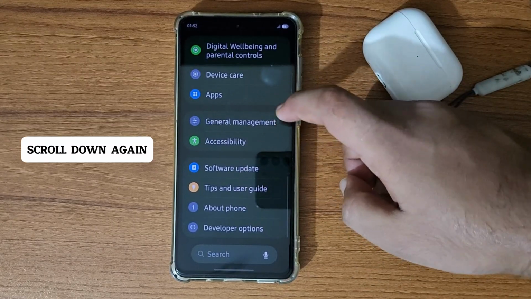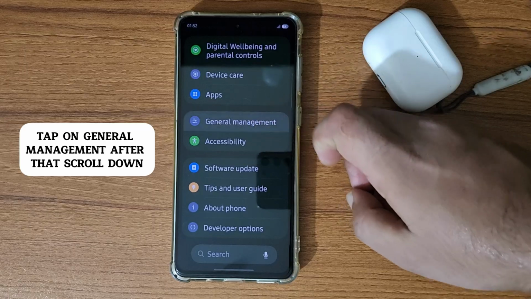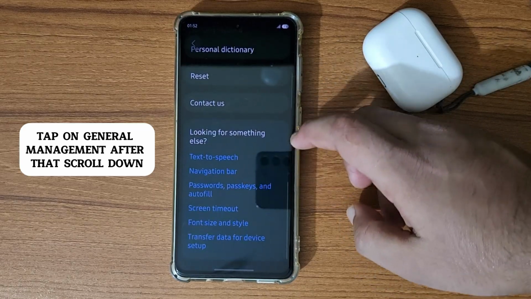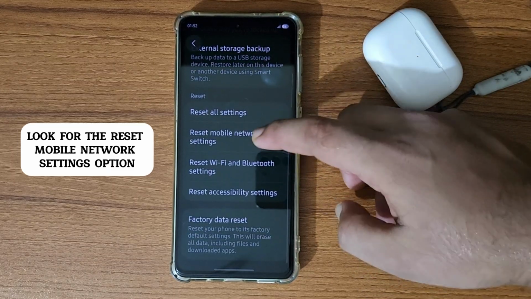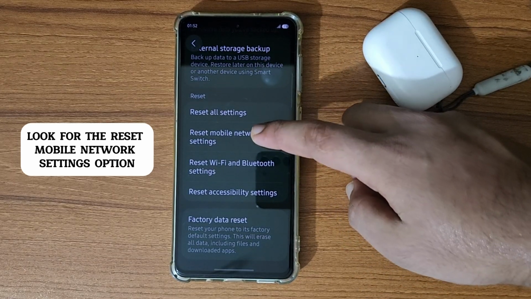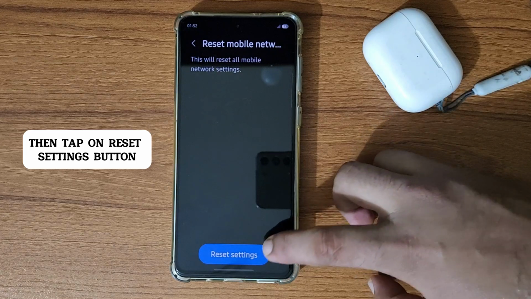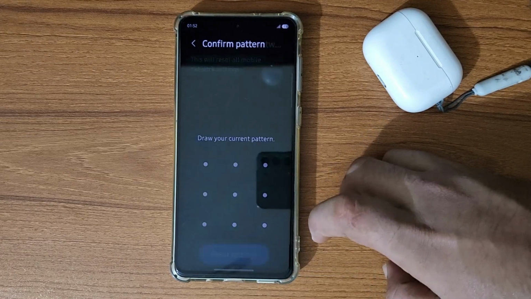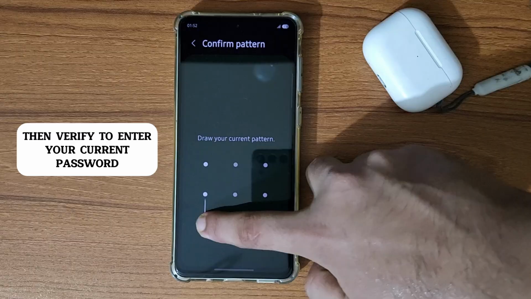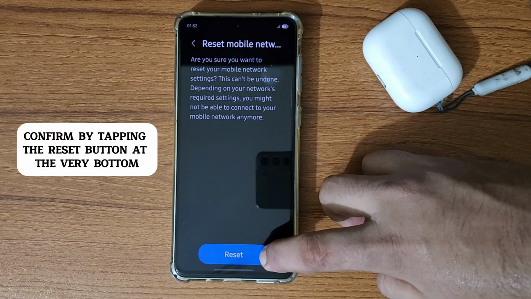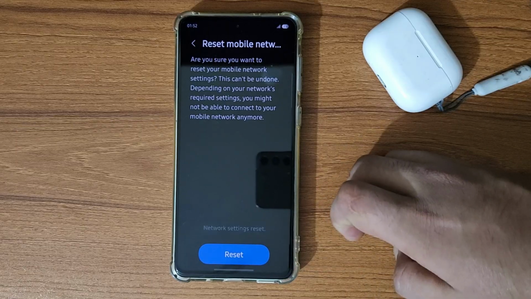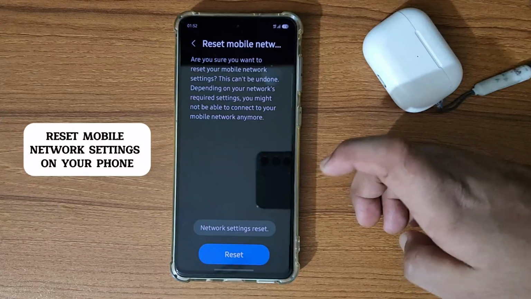Scroll down again, tap on general management. After that, scroll down, tap on reset. Scroll down again, look for the reset mobile network settings option, and click on it. Then tap on the reset settings button, then verify by entering your current password. After you verify, confirm by tapping the reset button at the very bottom and it will automatically reset the mobile network settings on